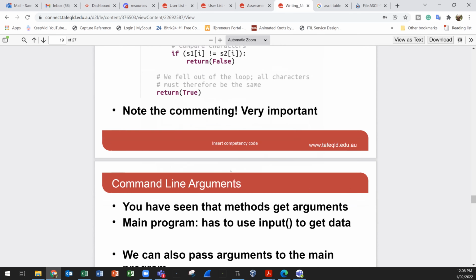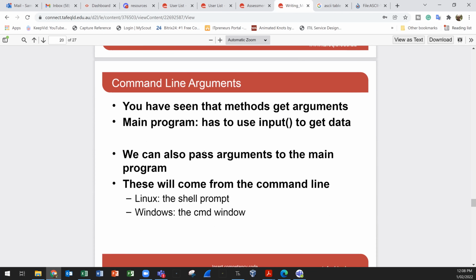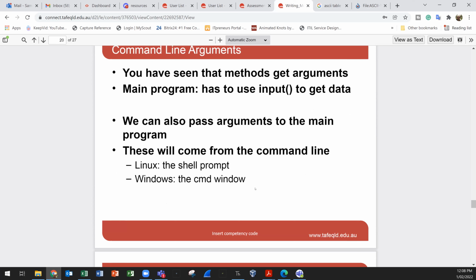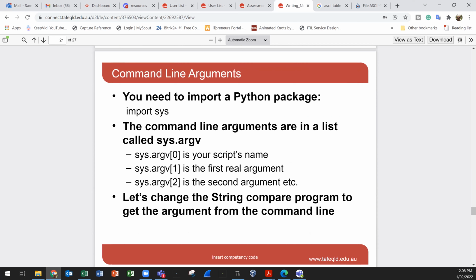Really, we need to think about that. So now we have arguments and we have seen the methods. We can call them in the main program. Then we use input to get the data from the user. We can also pass the arguments to the main program, so it can come from the command line, shell prompt, or command window. If you want to do that, you can import some